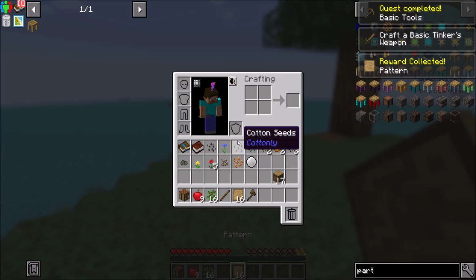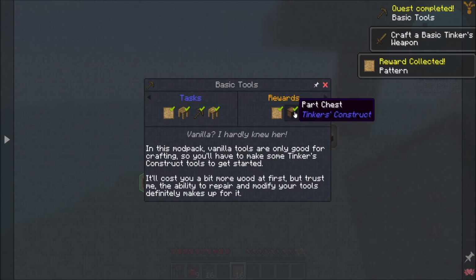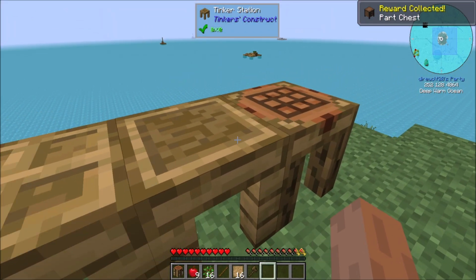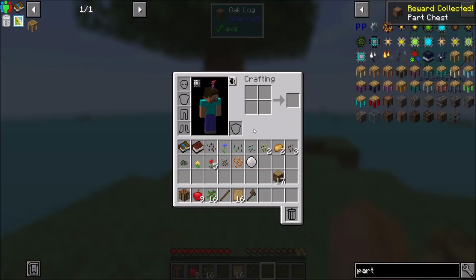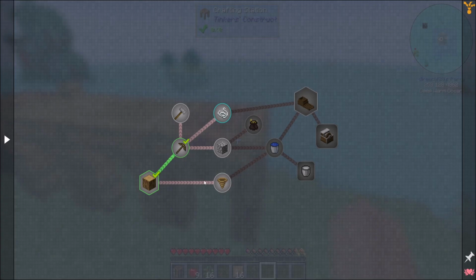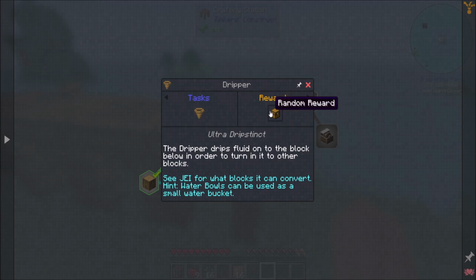Booyah! So we got some patterns. Now I'm just curious if I'm going to have... Oh, good, we get a parts chest. Sweet. So far, so good on collecting the right resources. Now, there's another quest that I want to try, and I'm more interested in trying this because the quest reward...